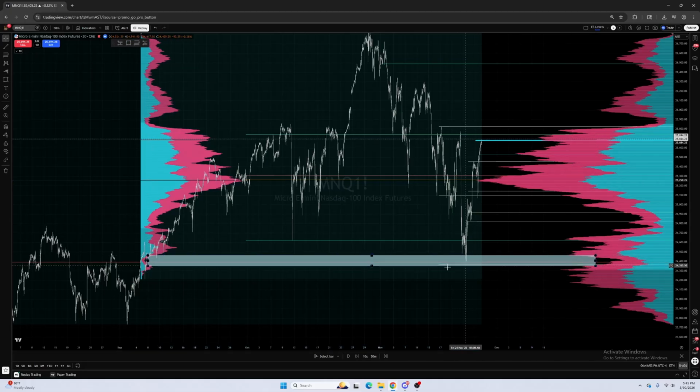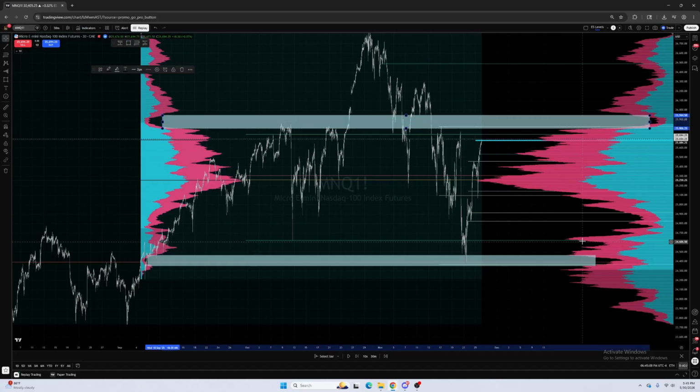transition, right? We rejected this low volume node perfectly on the 30-minute chart, and now we're seeking a higher area, right? We're now trading above the point of control, meaning we are now technically bearish and we can see it's the upside. I'm seeing high resistance here at this point, and this is why I don't like TradingView, because